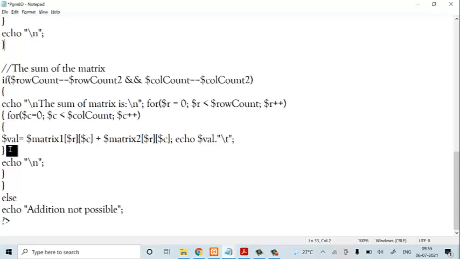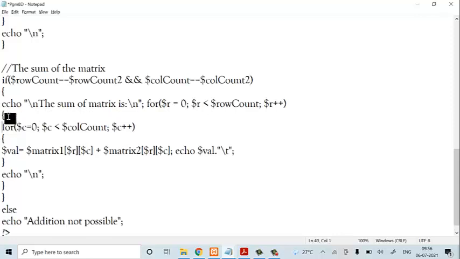Now here what I am going to check, you can check it out, where row count is equal to row count. In the sense, both the rows and both the columns should be equal in both matrices. Then only we can perform the matrix addition. Understood? The row count of the first matrix and the row count of the second matrix, it is checking whether equal length or not. So here also the same thing, the column count is also checked. When both the matrices are equal, then we are performing the matrix operation.